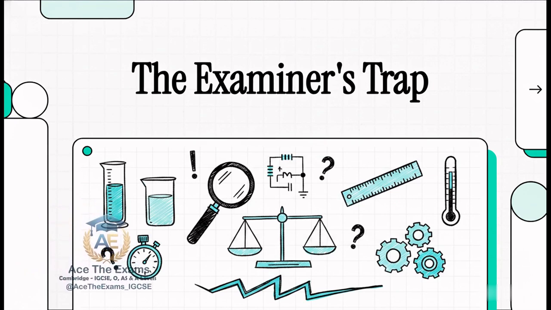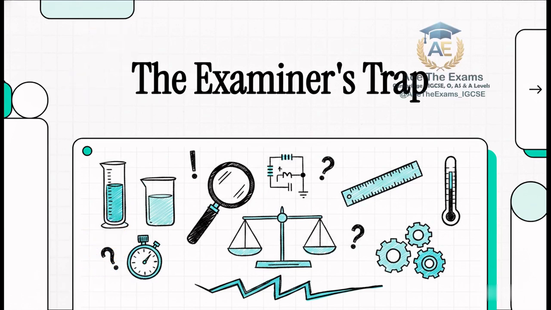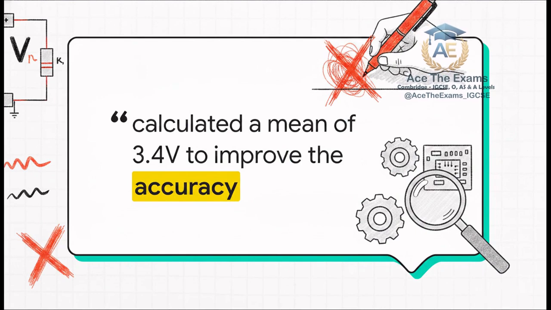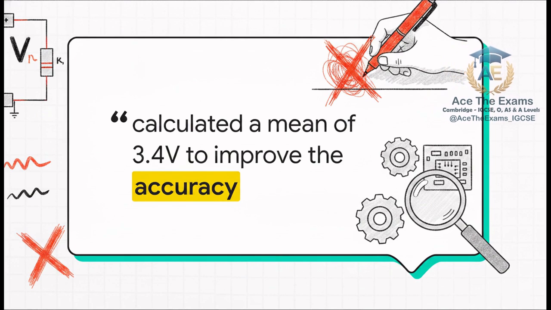And right out of the gate, I'm going to show you how a seemingly perfect answer can absolutely tank your grade. So check out this student answer. It's about a simple electrical circuit reading, and it is deeply flawed. The student recorded three voltage values, 3.2 volts, 3.1 volts, and 3.9 volts. To be rigorous, they calculated a mean of 3.4 volts, stating they did this to, quote, improve the accuracy of